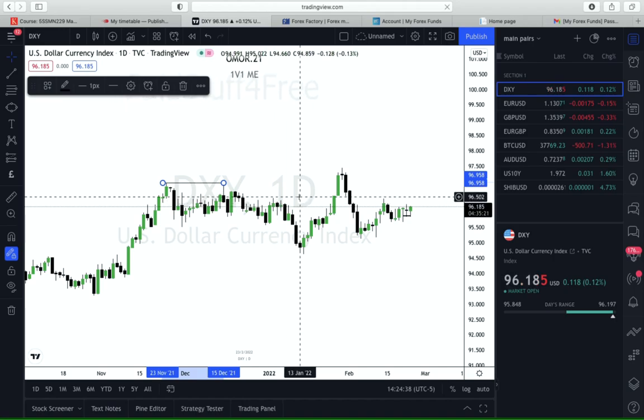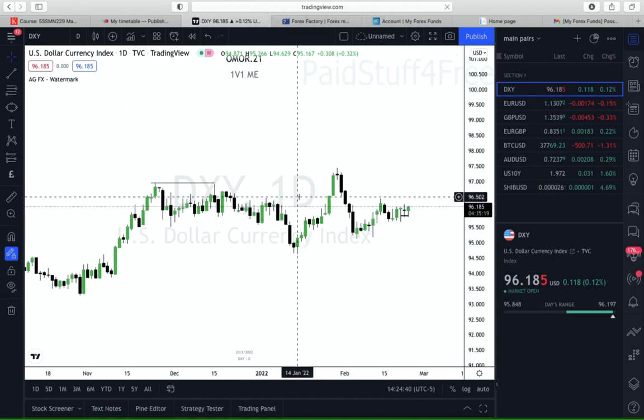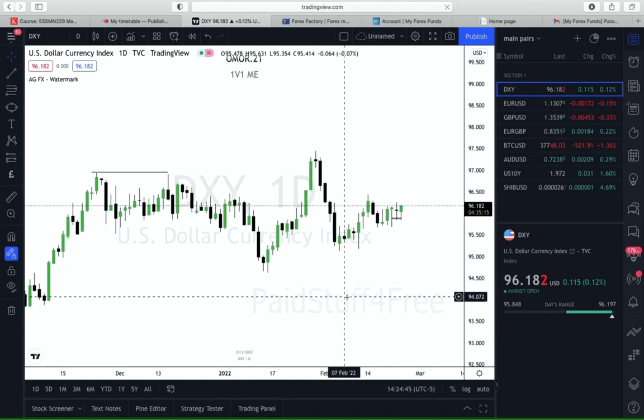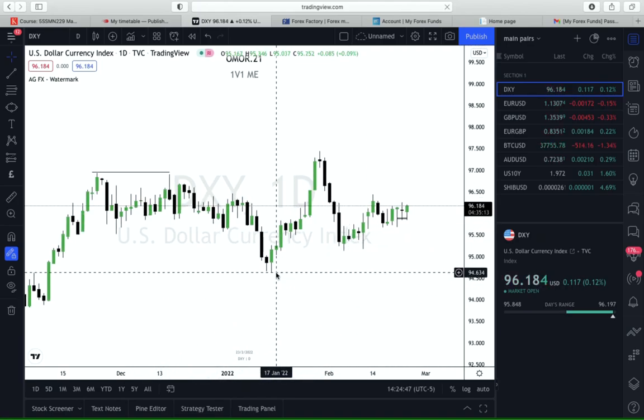So what do we know? What does price do when there's equal highs? We know that price will go and deliver to that buy side liquidity. So knowing that the most probable outcome for that week was a bullish close week, what do you need to do? You need to wait for,